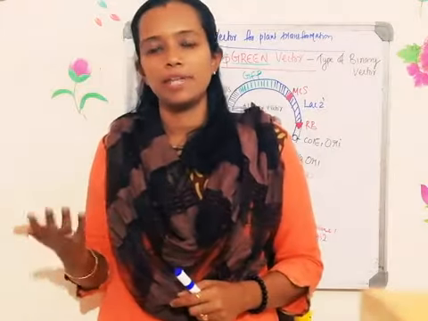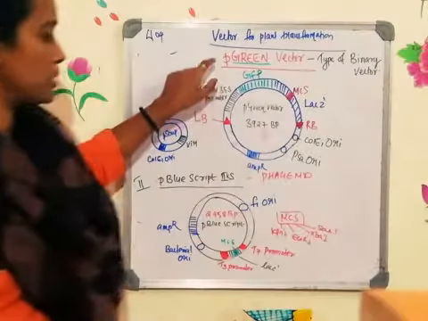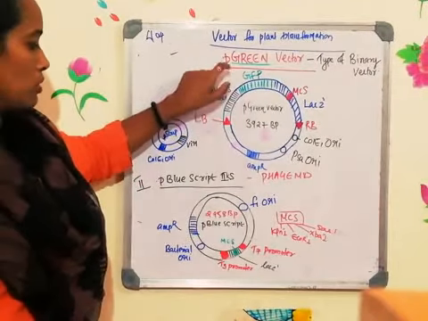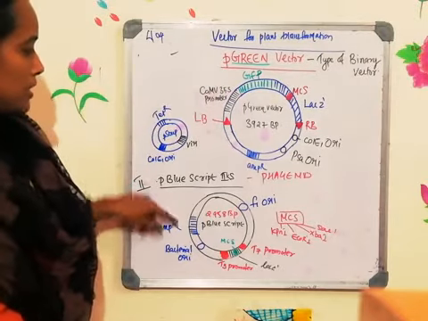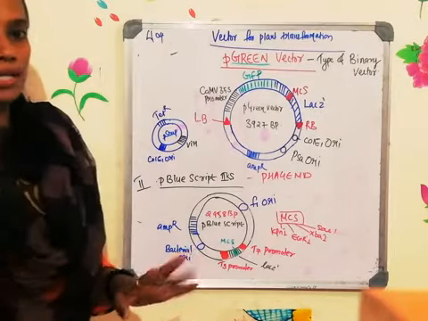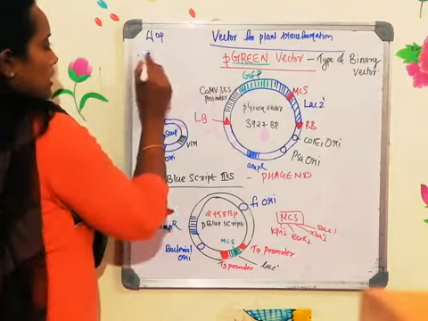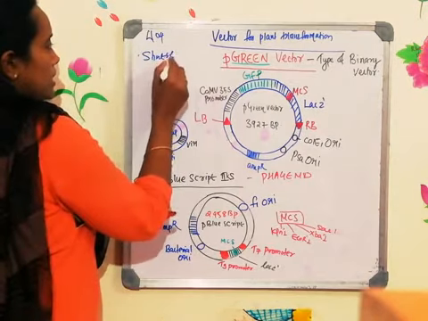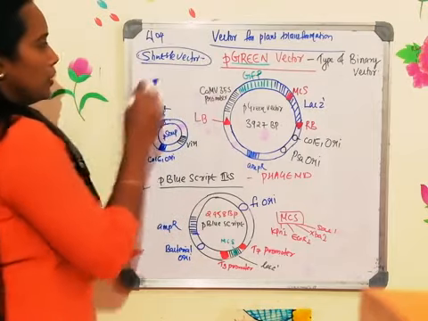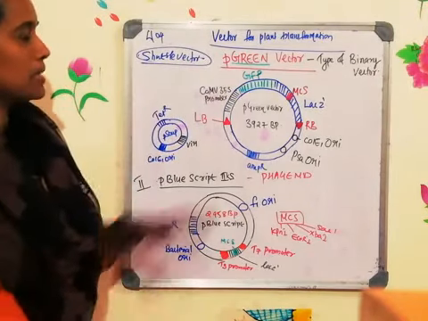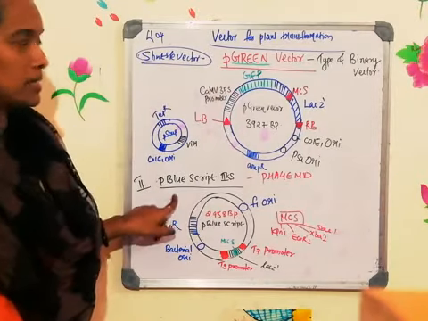So in the examination, if they ask about the shuttle vector, you need to write about the binary vector, and also you can write about the pGreen vector, because the pGreen vector also has two origins of replication, and whatever vector I am going to discuss after this also has two origins of replication. So all these come under the shuttle vector. Last semester, under recombinant DNA technology, we discussed the shuttle vector in detail. In this particular paper, if they ask about the shuttle vector, you have to write about three examples: BIN19, pGreen vector, and pBluescript II KS vector.